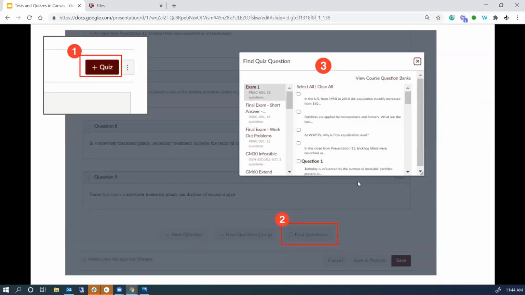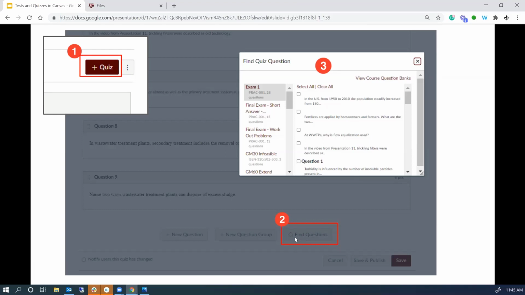Once you've created a question bank, if you want to use it in an exam or quiz, you click at the bottom of the quiz detail page, you click Find Questions. That's where you're going to be able to open up those question banks.